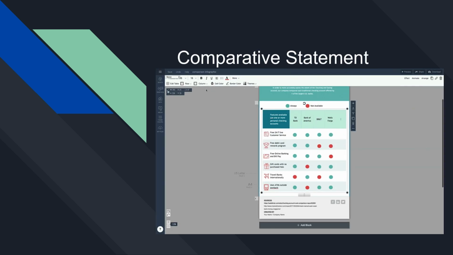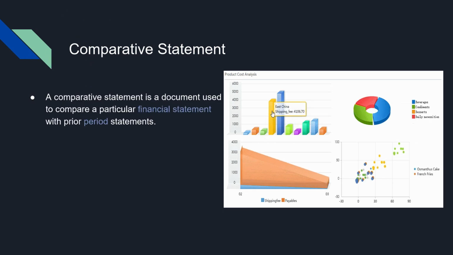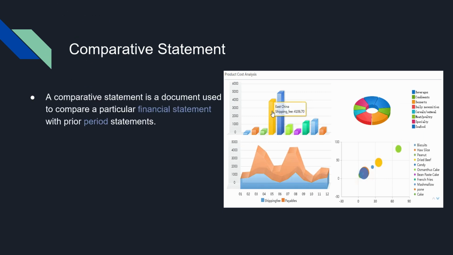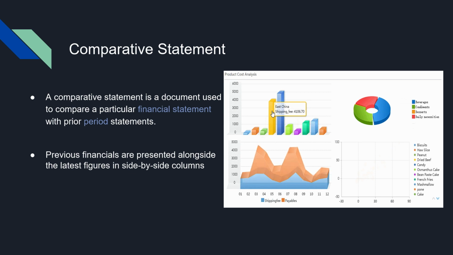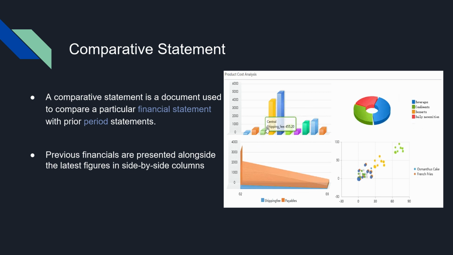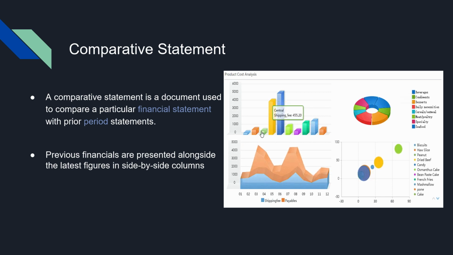Every economic entity must present its comparative statement to all its stakeholders. A comparative statement is a document used to compare a particular financial statement with prior period statements. Previous financials are presented alongside the latest figures in side-by-side columns, enabling investors to identify trends, track a company's progress,